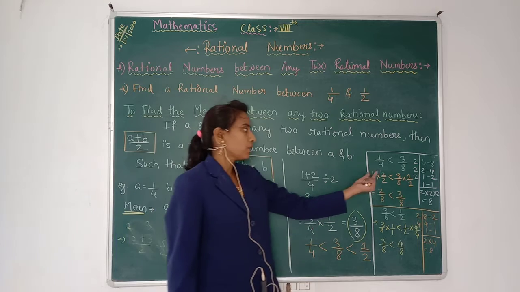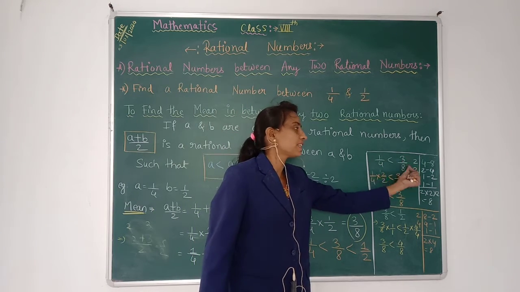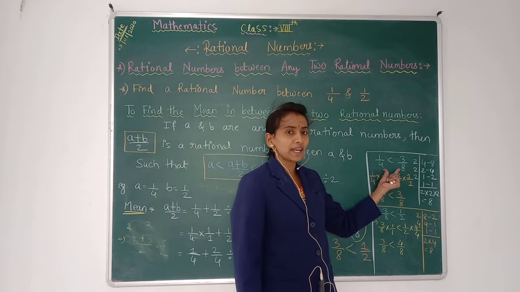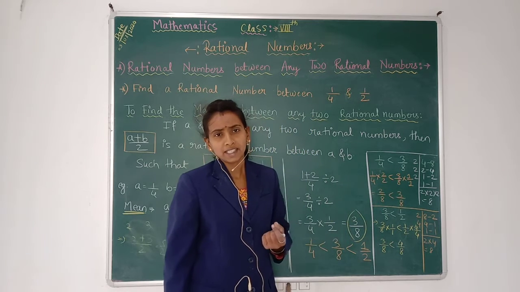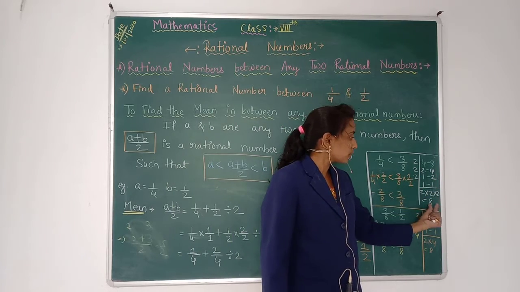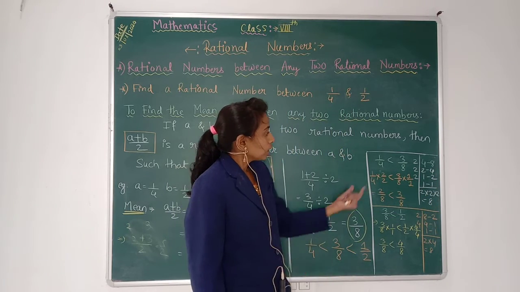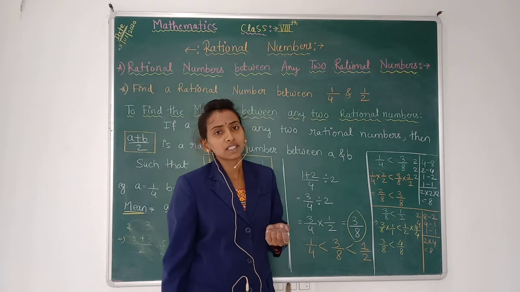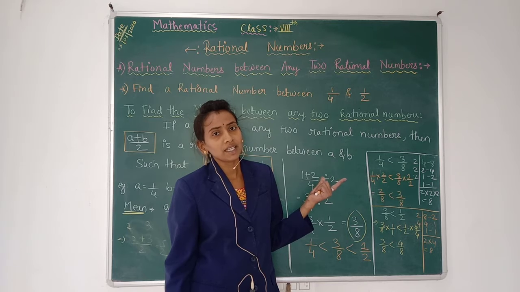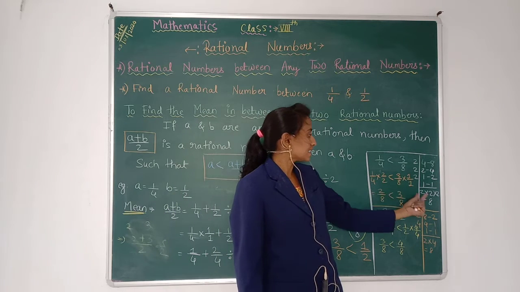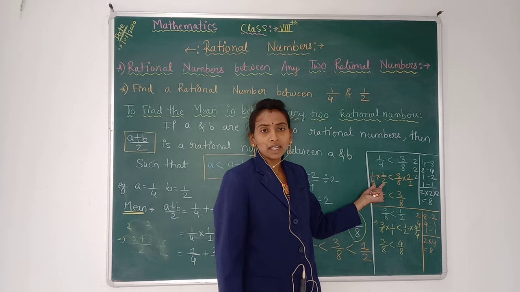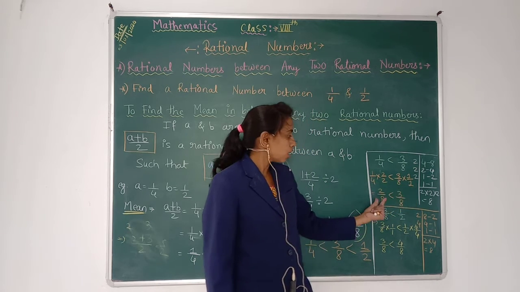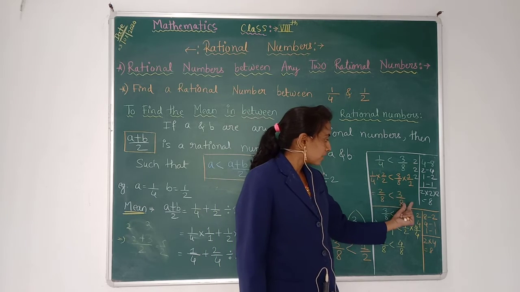So we are checking this now. Take the first one: whether 1 by 4 is smaller than 3 by 8, we are checking. Here we have different denominators, 4 and 8. We have to find the LCM, the LCM of 4 and 8 is 8 only. While comparing these two rational numbers we have to make the denominators the same. For that only we are finding the LCM. So 8 is the LCM, which means for 1 by 4 I am multiplying 2 by 2 and for 3 by 8 I am multiplying 1 by 1. So here we got 2 by 8 and here we got 3 by 8.